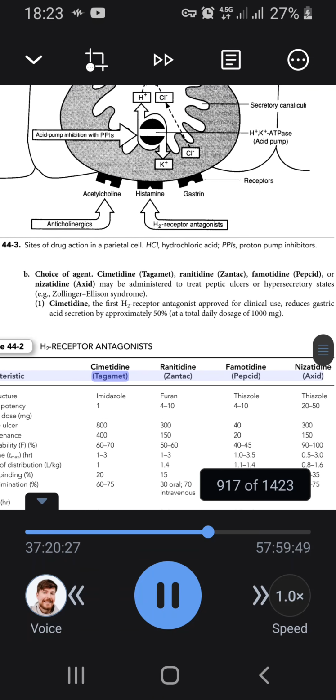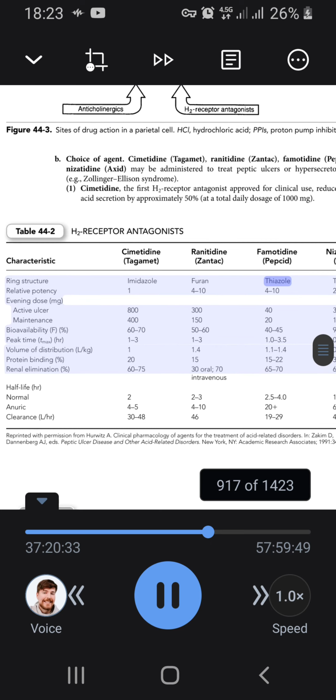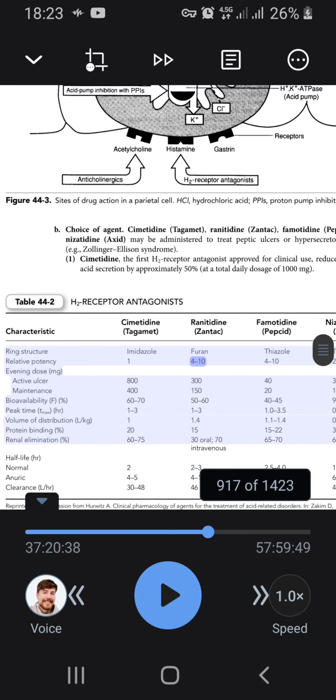Characteristic: Tagamet, Zantac, Pepcid, Axid. Ring structure: imidazole, furan, thiazole, thiazole. Relative potency: 1/4 to